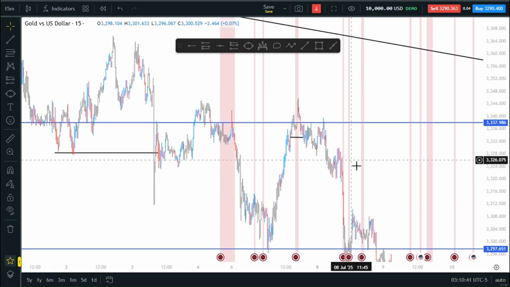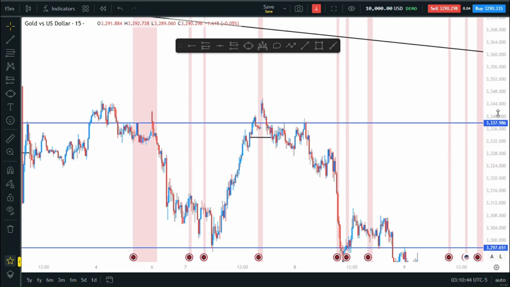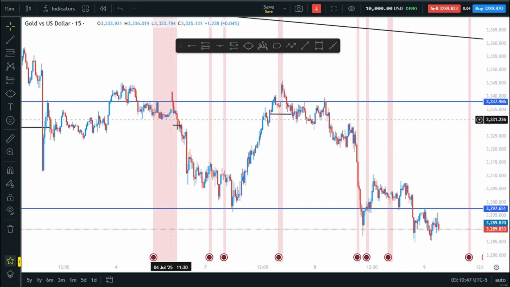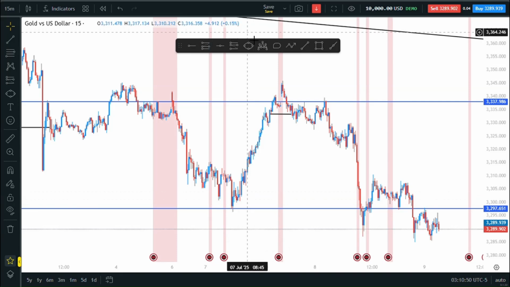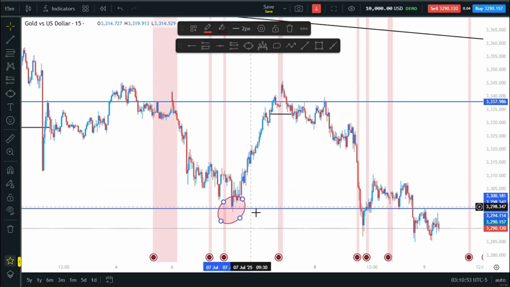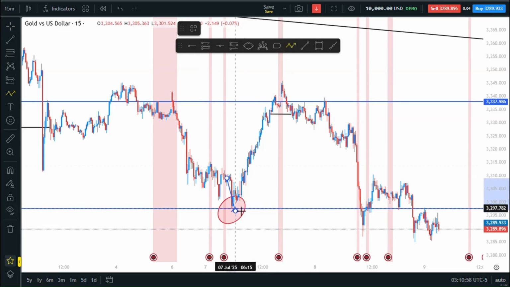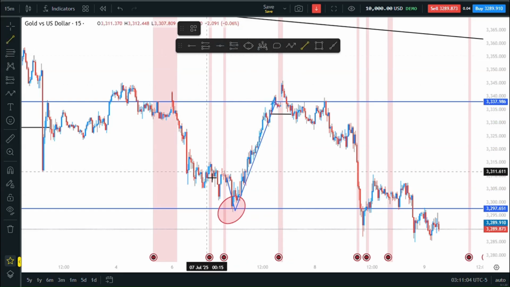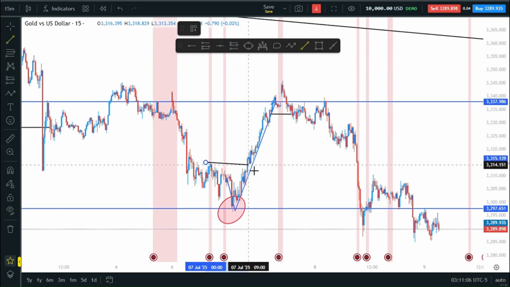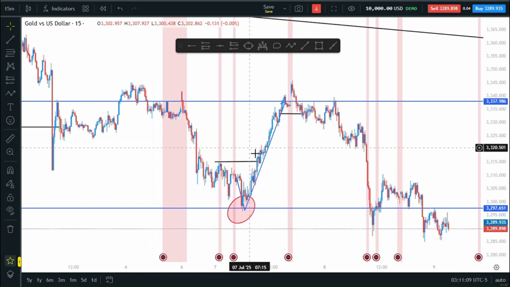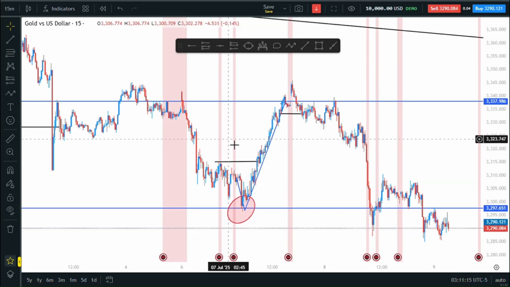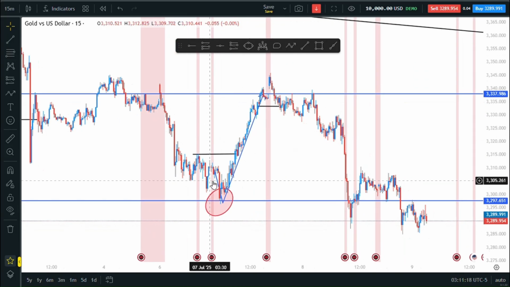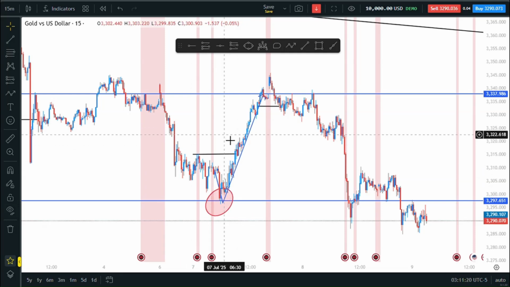So as you can see, on the 15-minute time frame, we had a bit of a downtrend, then hit this key level here. After hitting this key level, price went up again. So we dipped down to this level and then we went up. Going up means that we broke this high right here, making it a shift of structure, but on a lower time frame, which did not mean that we were going to be bullish for a longer period of time, because this was the lower time frame, which is not the key